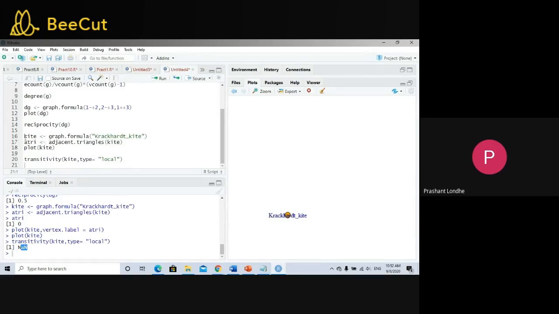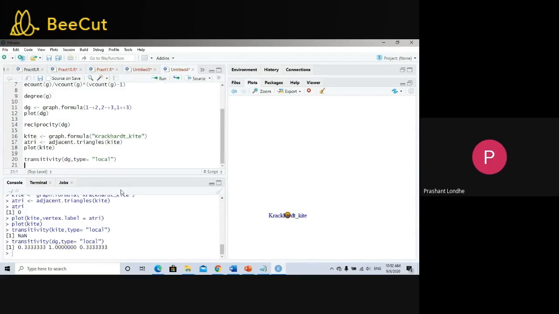Now we will change this. Instead of kite, we will take our DG graph and check for it. We are getting the transitivity for the DG graph. We're not getting it for kite because it might not have been installed properly, but we are going to get the transitivity for the DG graph like this.